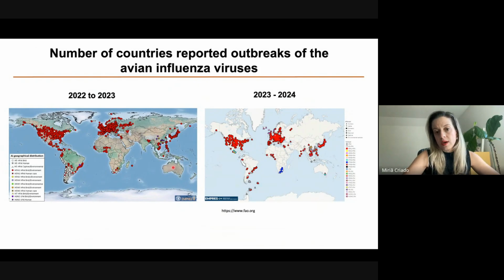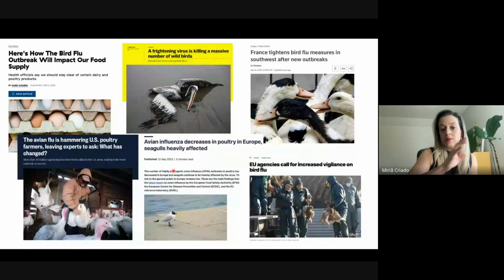They had an outbreak of H7 about one year ago, but until now they never had an outbreak with this new H5N1. But as has been seen, probably this is just a matter of time. Then they spread, and with all these outbreaks that I mentioned, you have probably been seeing in the news that